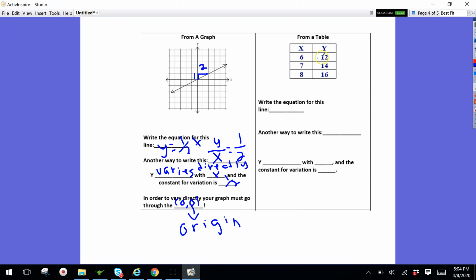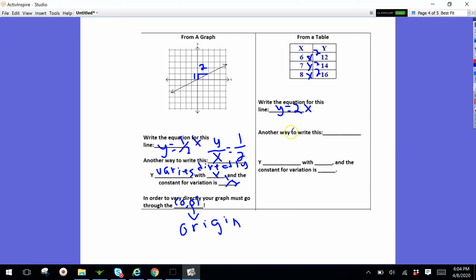Well, let's see. If I go backwards, 12 divided by 6 is 2. So yes, I can multiply this by 2. Same thing here. Same thing here. So this is a direct variation. There's a direct variation from y to x. Y varies directly with x. And our equation here would be y is equal to